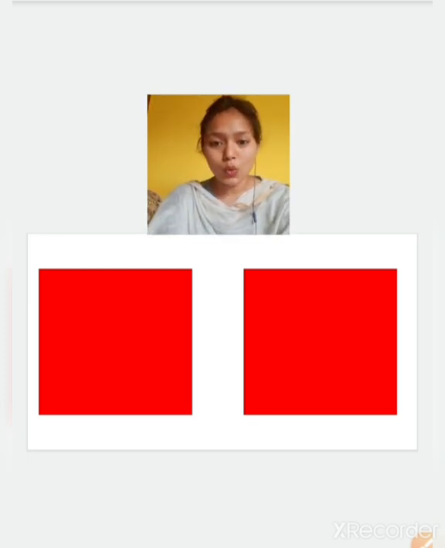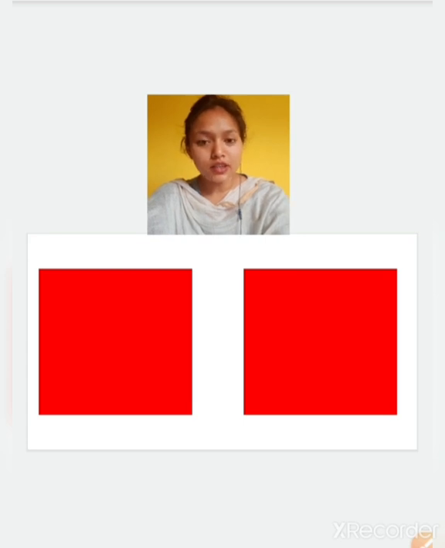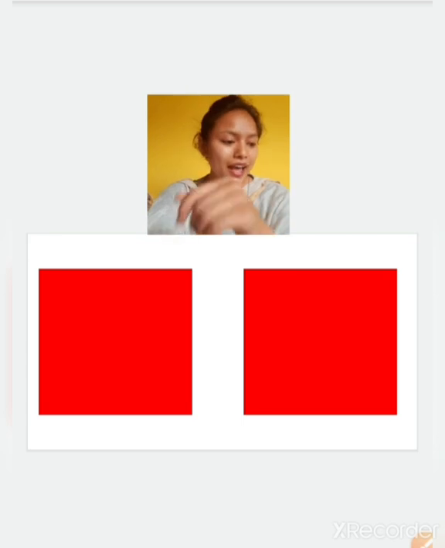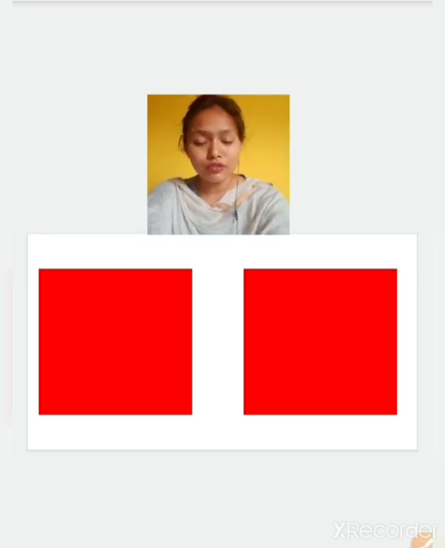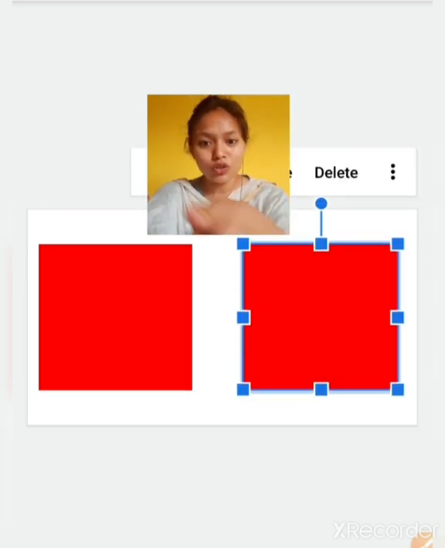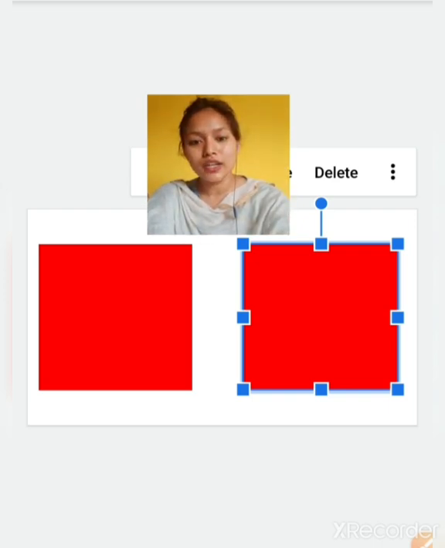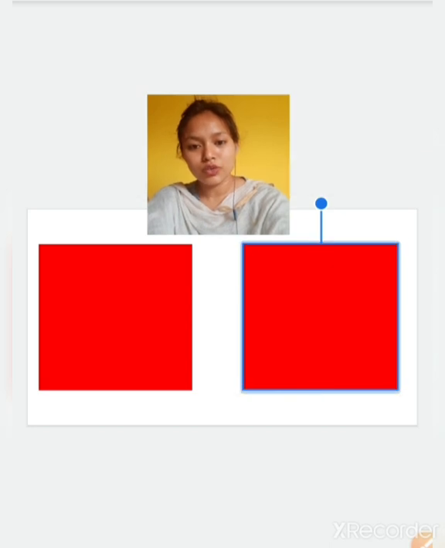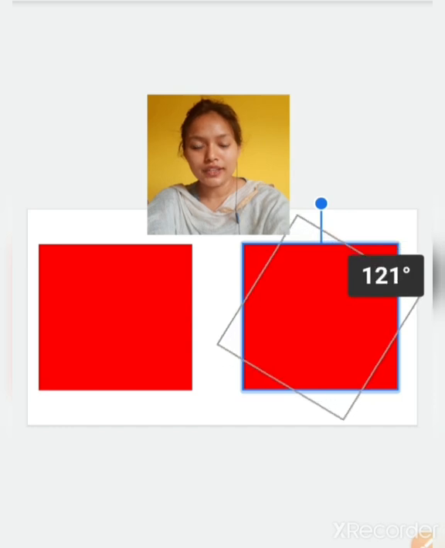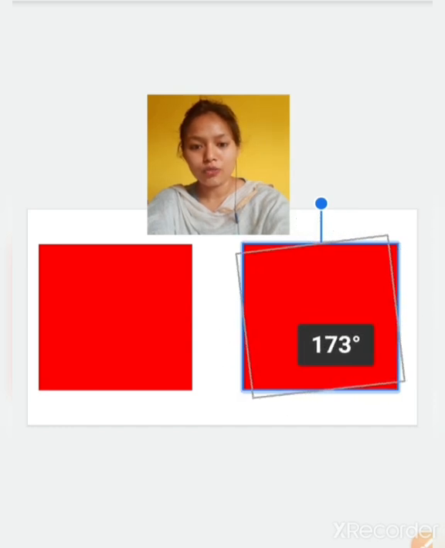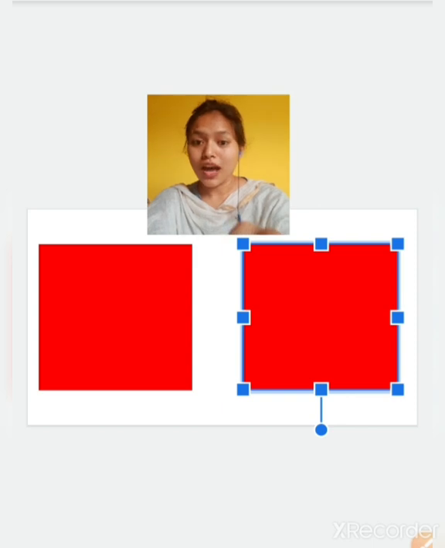As you can see this square, first of all we will turn it half. Half means how much? 180-degree angle. So we will turn it half and we will see whether they are looking same or not. First of all, we will rotate it clockwise. Clockwise means like a clock moves. So let's try to rotate it. Now it is 90, 180. So we have to rotate it 180. So are these figures same?